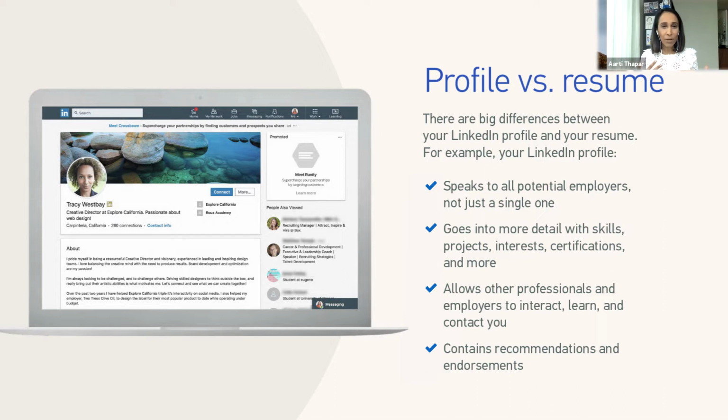So let's start with the difference between your profile and your resume, which is a question that we all get very often. How do you differentiate between the two? Well, your resume or your CV is your key job application tool. And so it should tell your professional story simply. And the other thing that we always need to remember about our resumes is that the formatting needs to be straightforward. So it's actually accepted into all the software that organizations use to screen job applications.